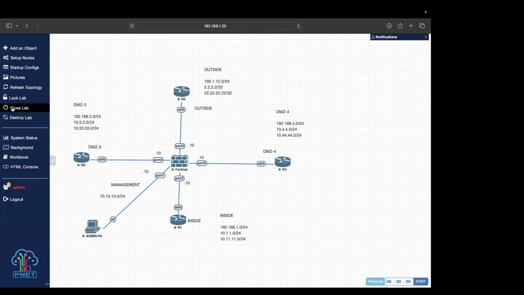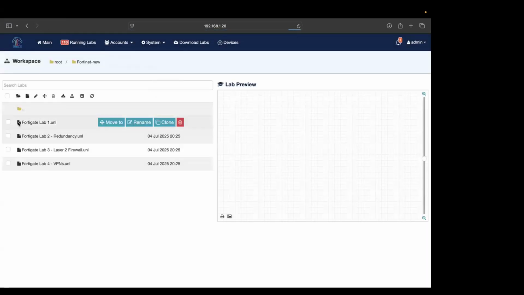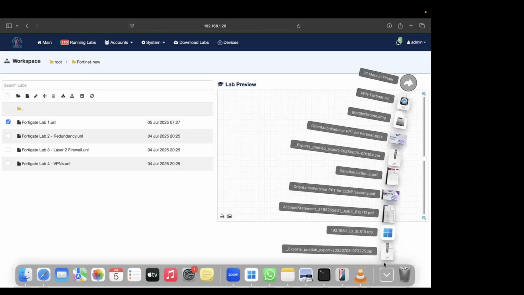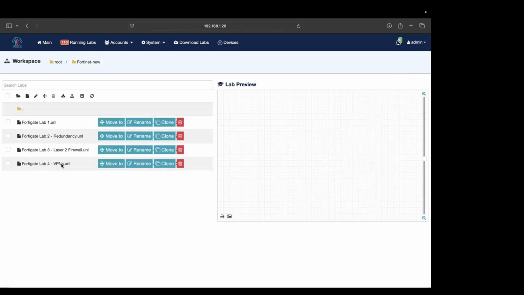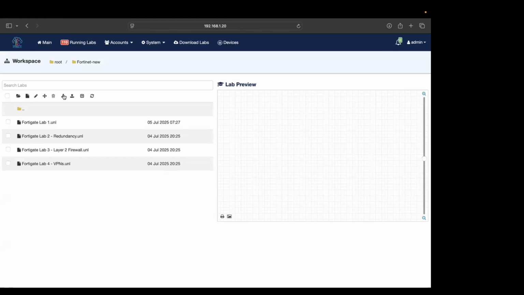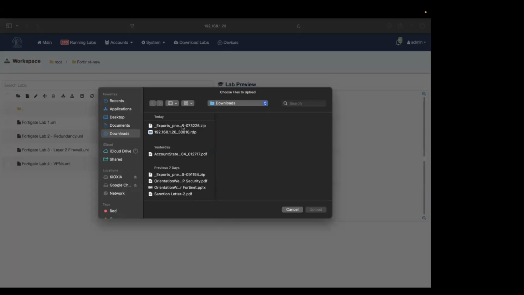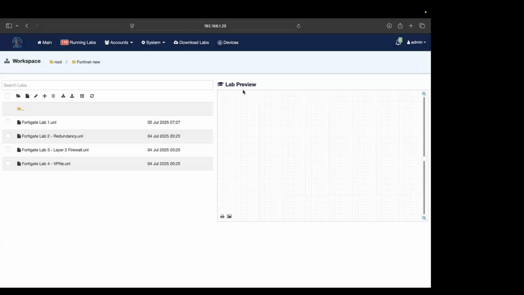कैसे करोगे इंपोर्ट? मैंने जैसे यहाँ से कर दिया, ये वाला लैब है मेरा FortiGate का लैब 1, मैंने इसको यहाँ से एक्सपोर्ट कर दिया, देखो ये दिख रहा है, ये आ गया यहाँ पे। ये जिप फाइल में, ये मैं आपको भेजूंगा। आप अपने लैब में लॉगिन करोगे, वहां पे ये वाली बटन पे क्लिक करोगे, और ये जो एक्सपोर्टेड वन था इसको जा करके अपलोड पे क्लिक कर दोगे।